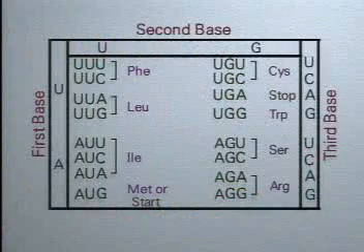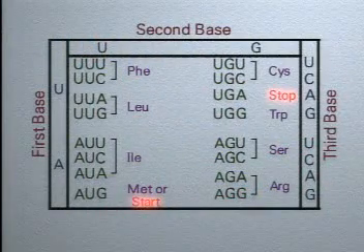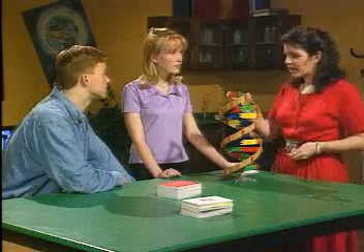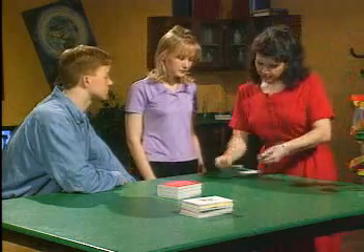Right, because 4 to the power of 3, or 4 cubed, is 64. But there are only 20 amino acids, so that means some codons code for the same amino acid. And they can also signal the beginning or the end of this translation. Right. Let's build a short 9 amino acid protein. And we'll use